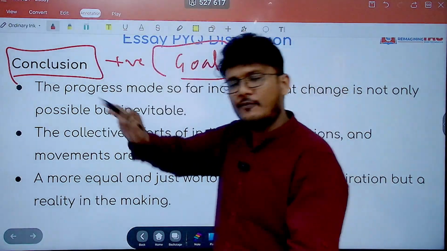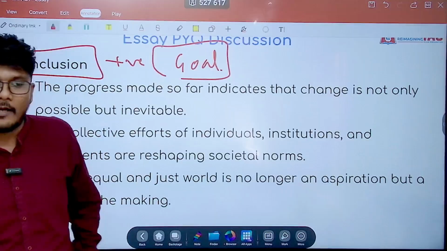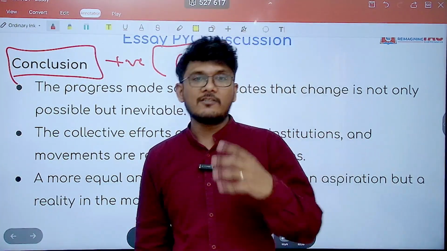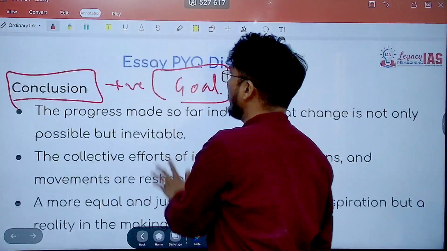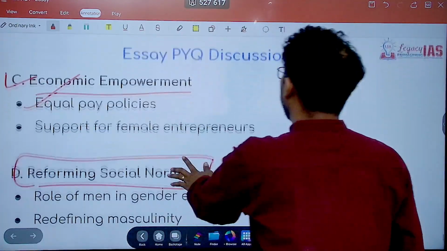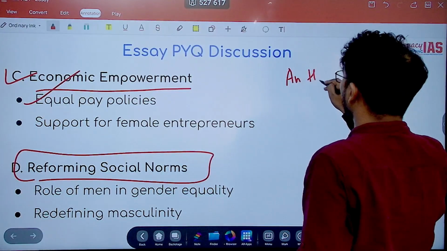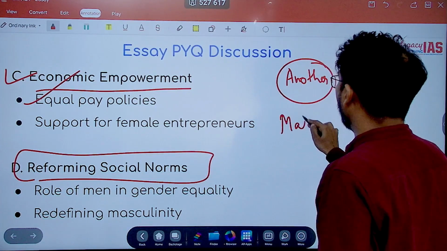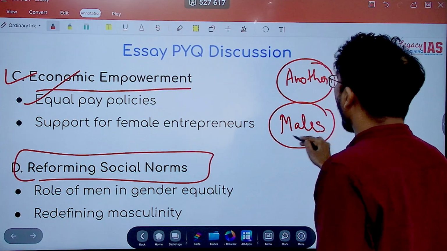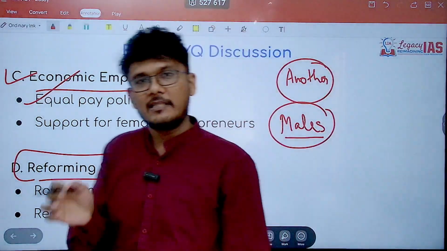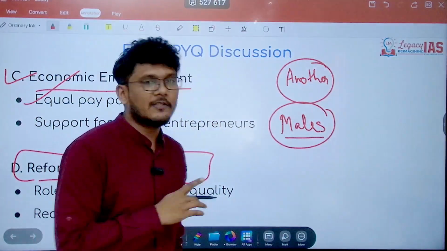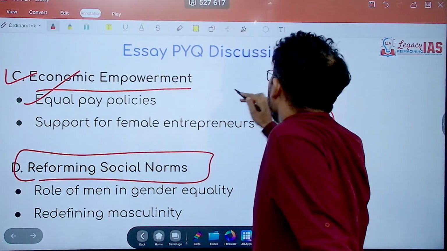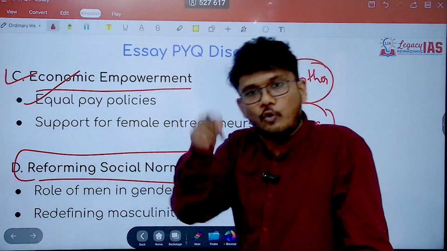Now till here it feels absolutely good. You will get good marks. But how to get those additional marks that I talked about in the beginning? Additional mark you should get by doing another thing, which is give another side of it. What is another side? Give another side from the perspective of males, how patriarchy is hampering the males also. Do not leave this side. Majority of the students are going to leave it. You are the ones who should mention the issues patriarchy is throwing on the males as well.